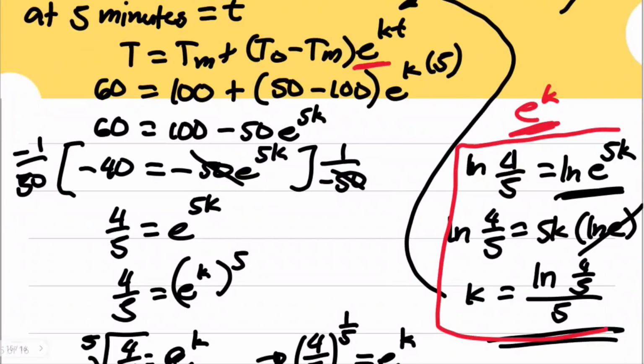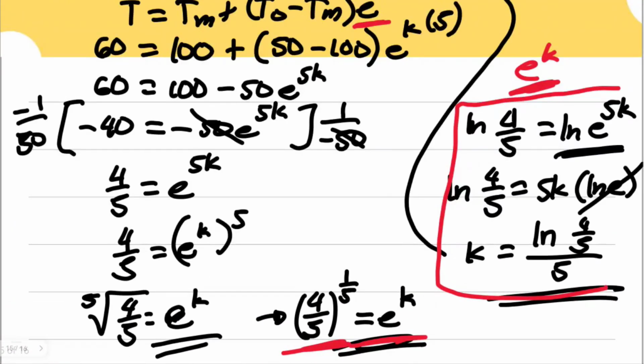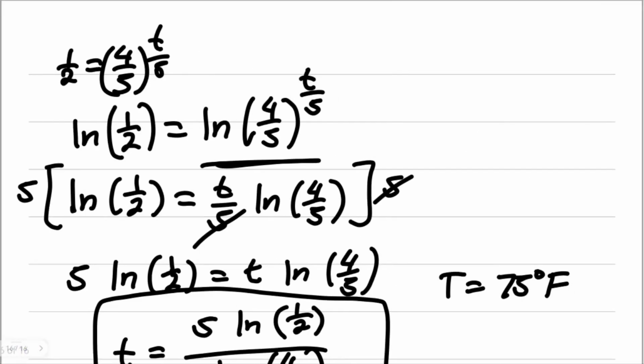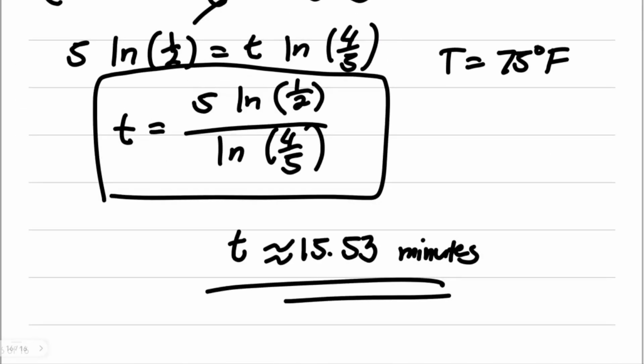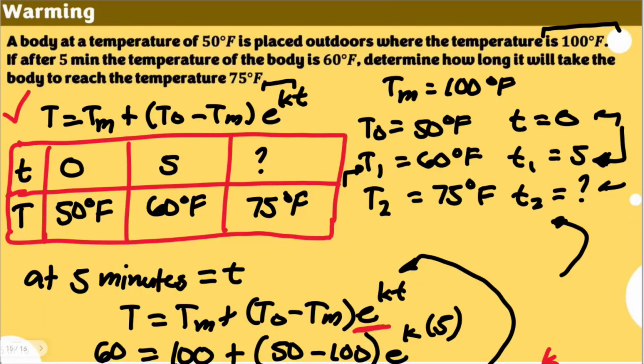This is how we solve this specific item using the formula we derived from the mathematical model, or the derivation using separation of variables. This is the answer for this item. In the next video, we're going to talk about cooling. So this would be the formula for warming. There will also be another formula for cooling, but first we're going to derive it using the same concept we used to derive the formula for the mathematical model for Newton's law of warming.